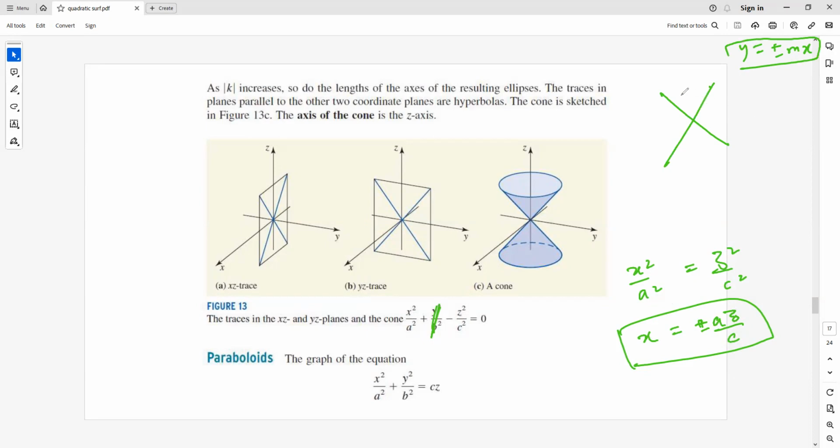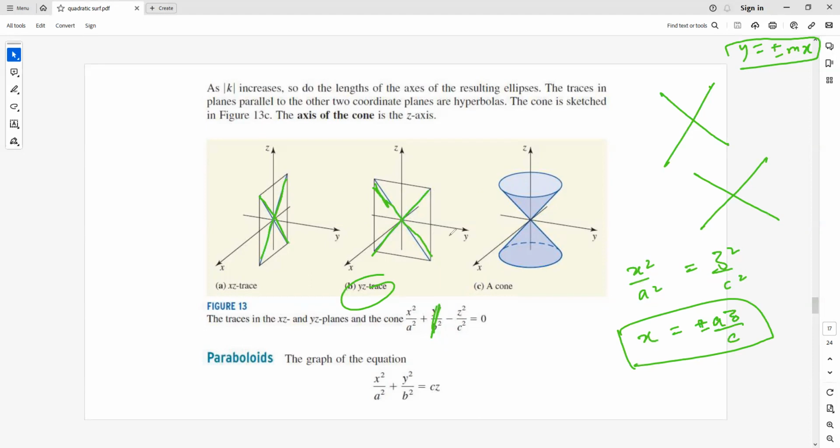So for the negative slope, the line will look like this, and the positive slope the line looks like this, right? So the xz trace is a pair of straight lines of this kind. Similarly, the yz trace will also be a pair of straight lines. Okay,